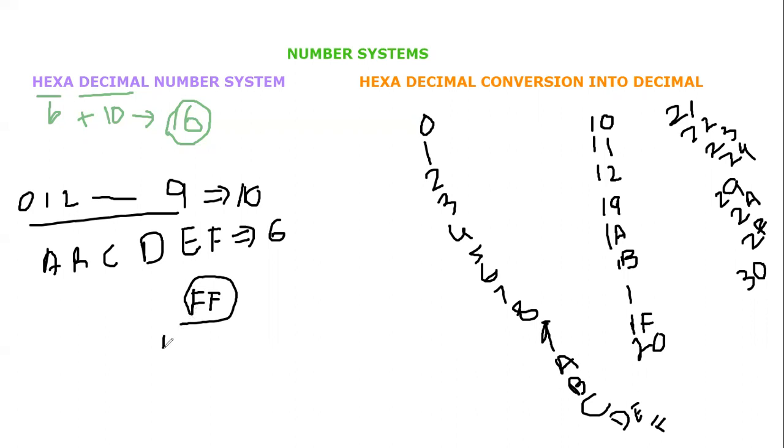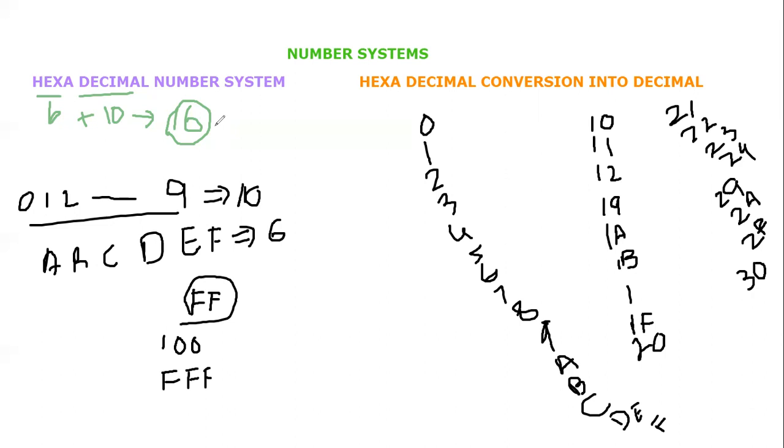The next number would be 100, and it will again proceed 101, 102, 103, 10F, and so on, and eventually we will arrive at FFF. In this way, the number system grows. This is the basic logic to grow the hexadecimal number system, and the concept is the same as binary. You can't use any invalid symbol. You can use only valid symbols, 0 to 9 and then A, B, C, D, E, F. Those are 16 symbols, which is why it is called the hexadecimal number system.